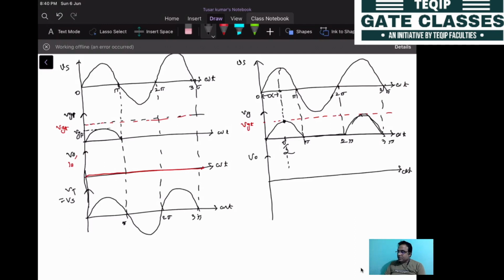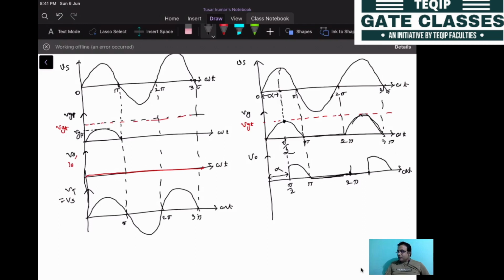So here you can put it here. So this one will be the output voltage. This one will be the output voltage that will be starting from pi by 2, and this duration is nothing but the firing angle, that is delay, that is the alpha, and this is pi. Then after that again it will be 0 up to 2 pi. Then after 2 pi, again after pi by 2 it will be again 0. So then it will be repeating itself.